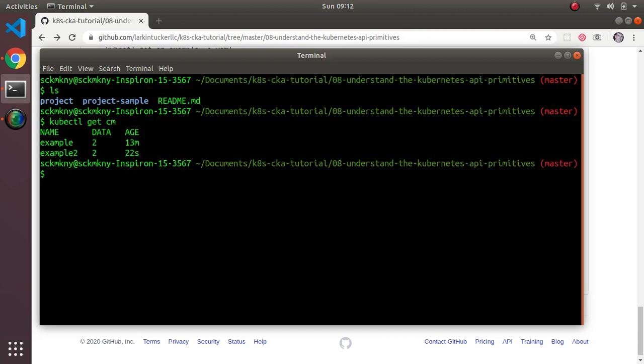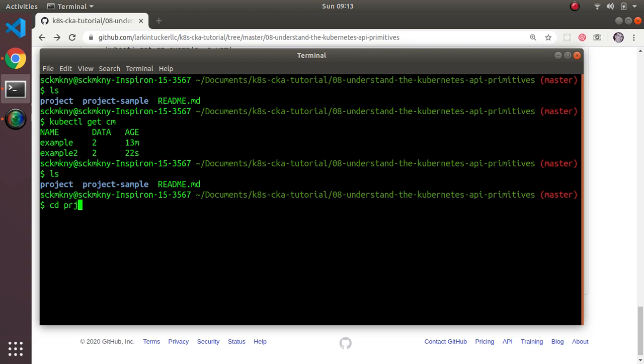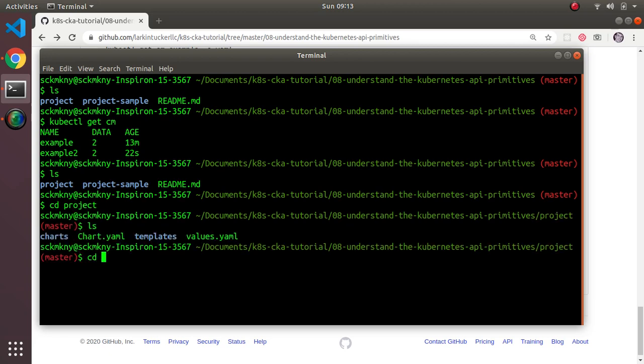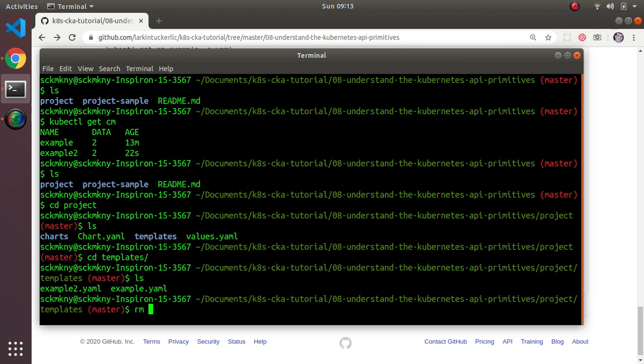Now the key here is what happens if I want to remove example 2? In the previous world with kube control, deleting the file did not actually cause it to delete, because it didn't know what to do. It wouldn't actually delete the object. And as you guessed, in this case, it does work the way you would hope. That is, I can go to my templates now, remove example 2,